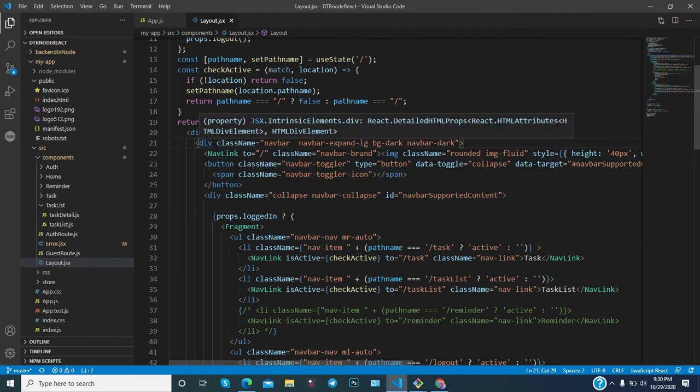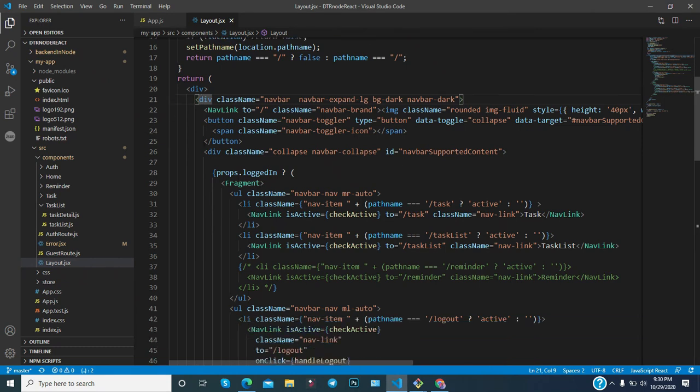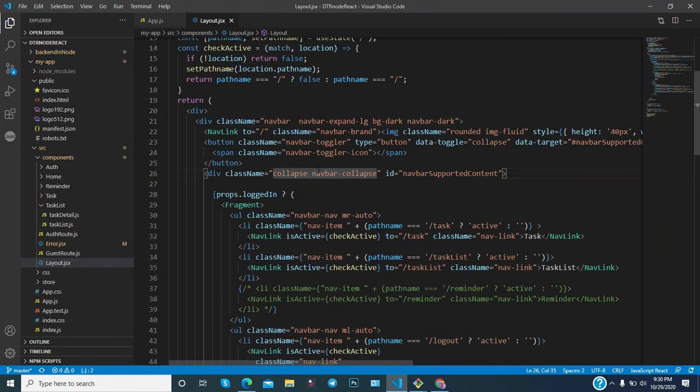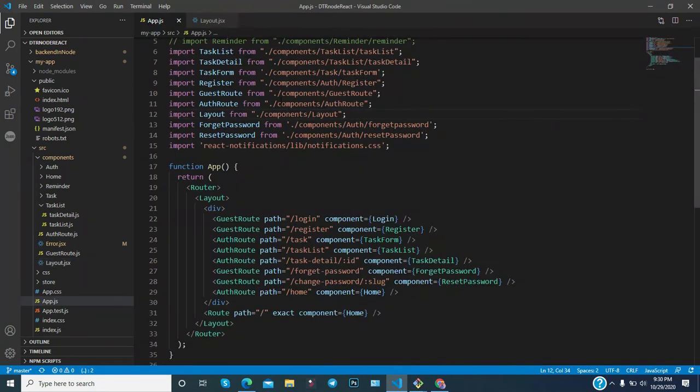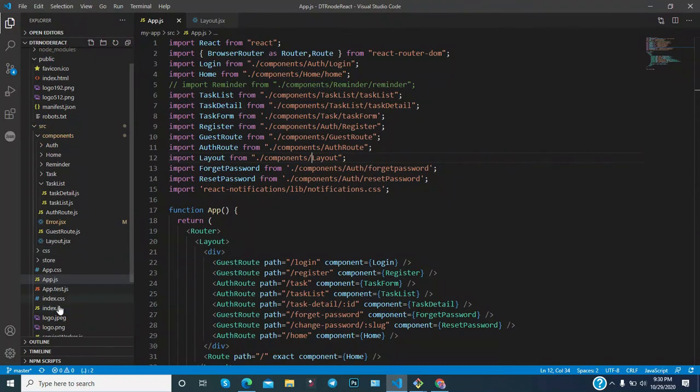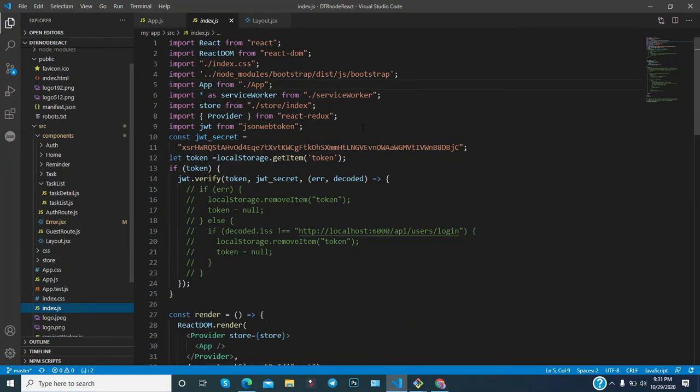Now these are basically Bootstrap classes. We have utilized the Bootstrap classes. For using them, you have to import it. As you know, if you import it in app.js, then it will be available for the whole application, or you can use index.js. In index.js, you can notice this is the imported JS file for Bootstrap, and another one is index.css.